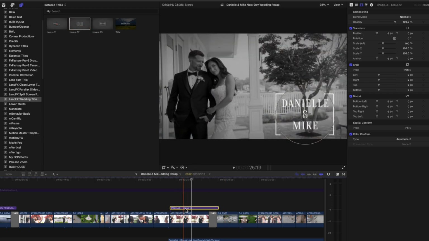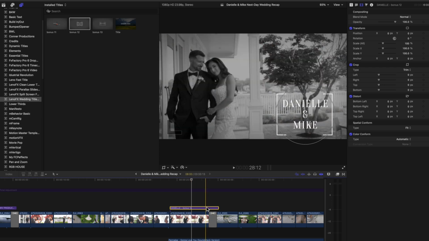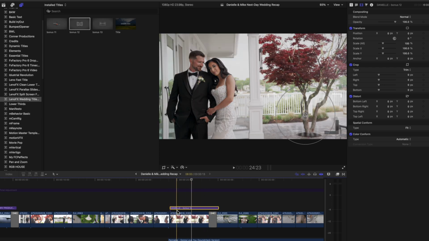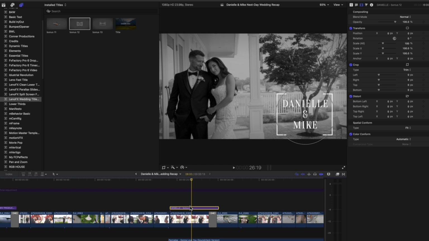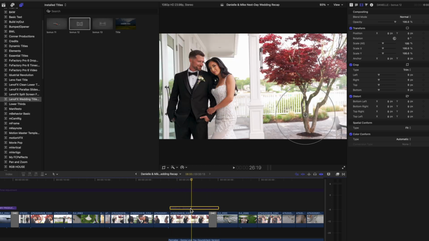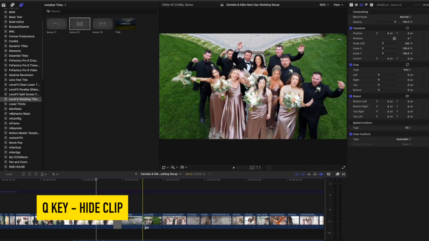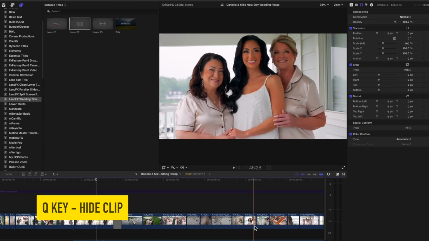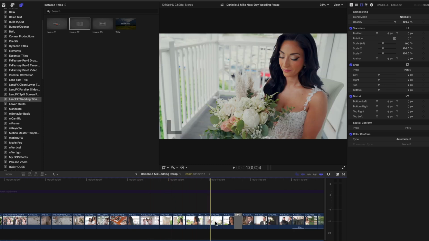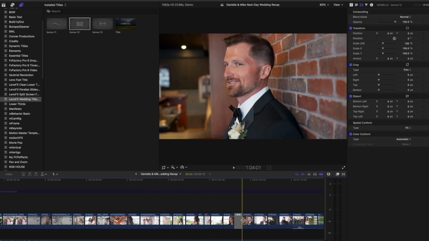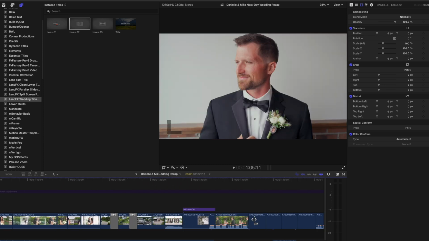wedding title effect that I got, and it just puts it right here, and automatically it turns it from color to black and white. It's actually part of the title. If I take this away, you can see it's in color, and I'm using V, by the way. V is how you just hide something temporarily. And you can see I have audio here from my drone. Again, all this stuff is kind of stationary, and then I have a nice fade into the couple, and then